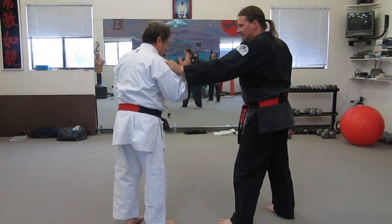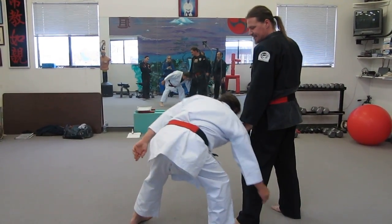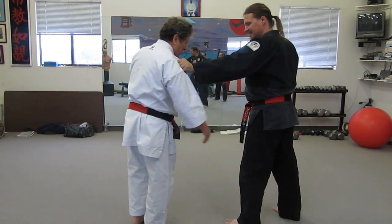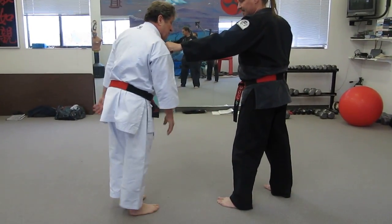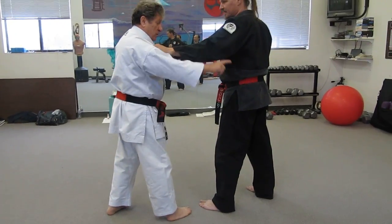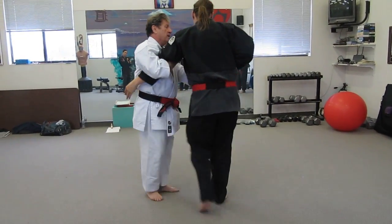Oh, I know why I put this in the curriculum. Remember what we did earlier? That's another trick, to step in using that center. If I go out here and try to do it, it's not going to happen. So now your muscle memory says, I must close my center. I must put my weapons in a circle that will go into his center of power. Up. Okay, once you get them up,